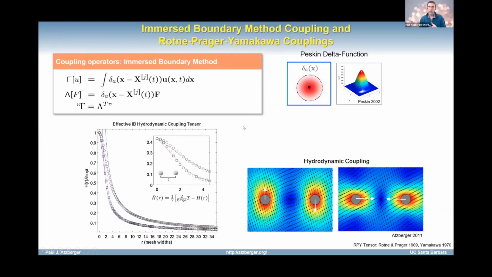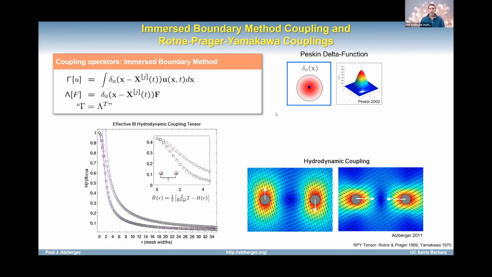And so it turns out that you can go and look at what is the pairwise interaction tensor that I get from this representation of the fluid mechanics. We don't expect, for two colloids, to get lubrication effects as we do in the near field. We expect that to be regularized in some way. And that's fine, right?